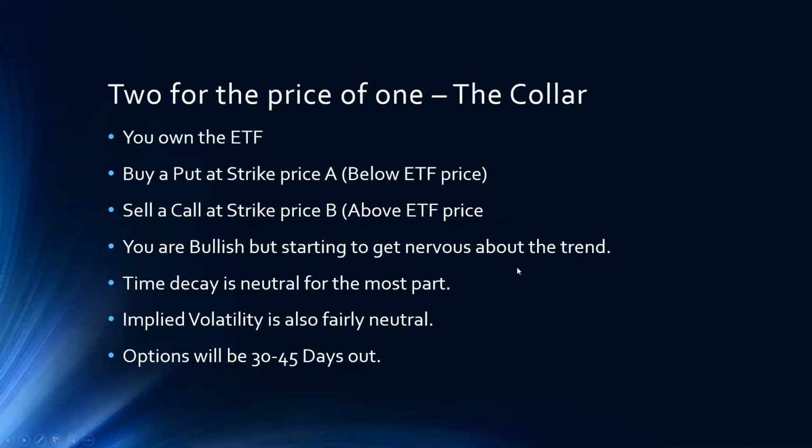Now, implied volatility is also fairly neutral because it does the same thing. If implied volatility drops, meaning that whatever the ETF price and options pricing was when you got into the trade, if volatility goes down, the value of both those options are going to go down, but that neutralizes itself because the one you sold, you want that to happen. Obviously, the one you bought, not so, but they cancel each other out. So those are two things that you don't even have to worry about. That's a very nice thing when you're putting on a trade.